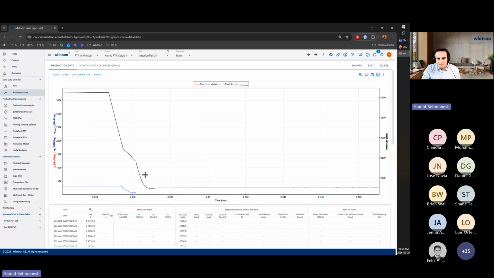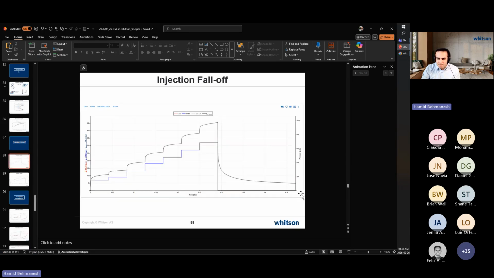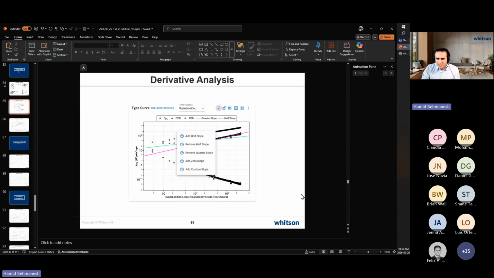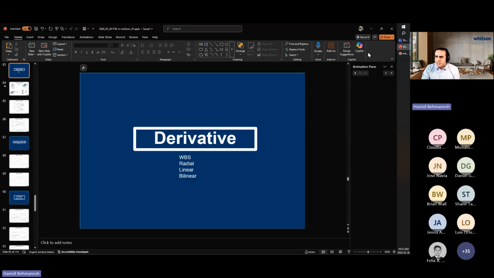So in the actual world, designing a test could be very challenging, because if the test doesn't turn out to be a good test, your analysis is going to be very difficult after that. So we pretty much covered the content here in terms of the derivative, flow regime, etc. And I'm happy now, for the remainder of the time,